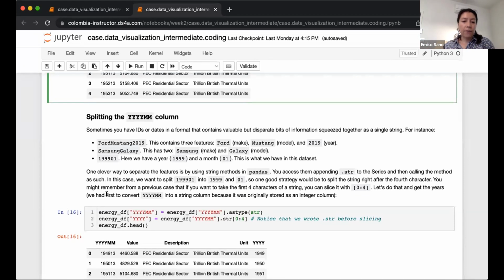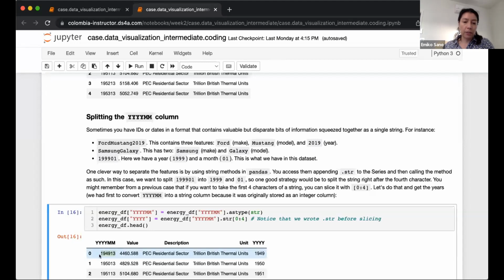And we're going to take advantage of the fact that we can convert it to strings and then slice the strings. So once we convert this, it's a number, but it's converted to string. And now we do that slice, which is going to select the first four digits. So now I know it says 0 to 4. And